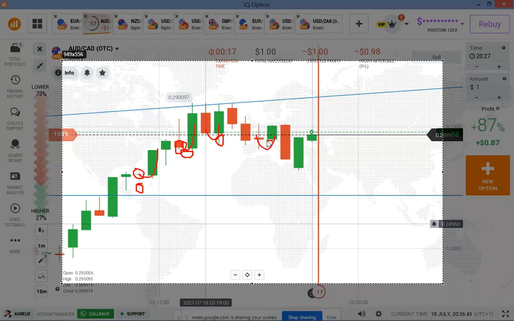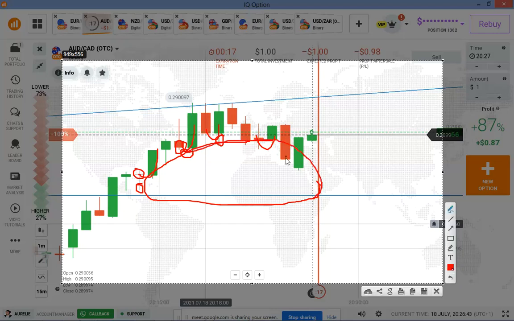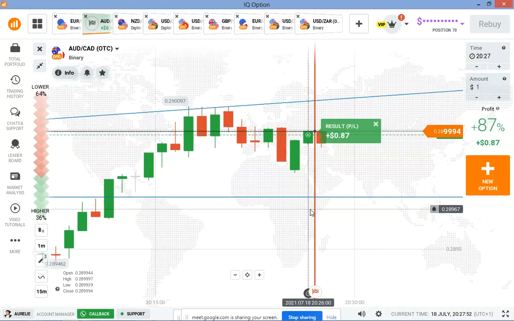So if you take all this area, that is the buyer's zone. Just take all this area from this level here. That is the buyer's zone. Circle it. Now, because the price is now at the buyer's zone, that is why the buyers are supposed to enter the market. So that is why the price has to gap down to prove to us that the buyers are now ready to go.